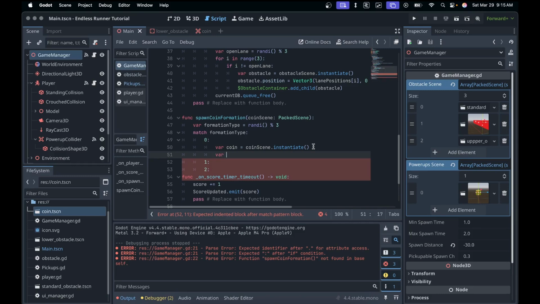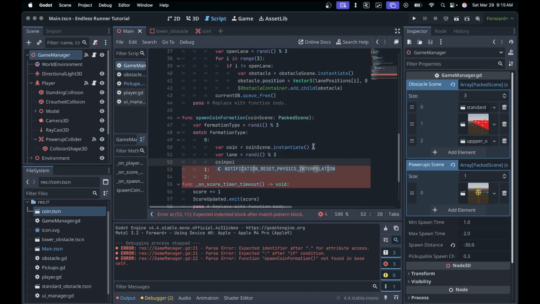Then we'll come in here and say var lane, and we'll make that equal to rand I modulus 3 because we have 3 lanes. Arguably, if we wanted to make this scalable, we could adjust this value to be a value that's exported, but in our case, we're only going to do 3 lanes, so we'll just stick with that. Typically, there are 3 lanes anyway. Then we'll type coin dot position is equal to vector 3 lane positions bracket lane, comma 0 comma